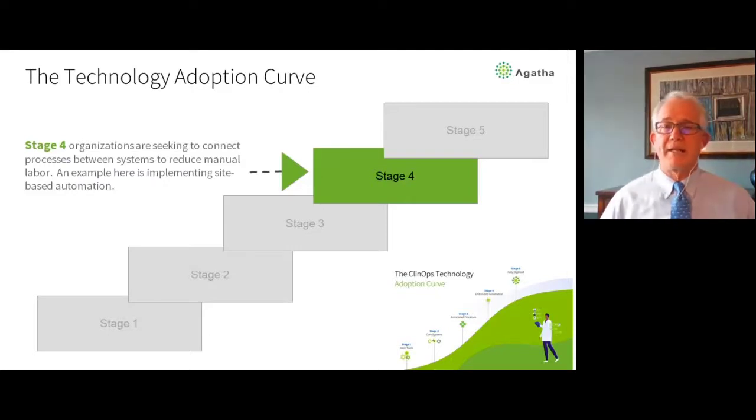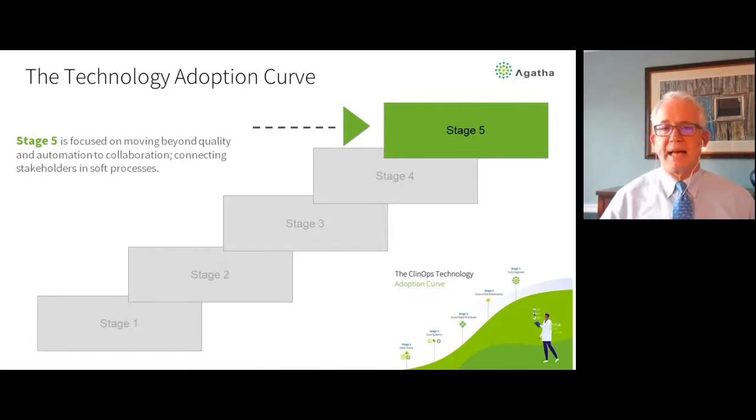And we'll talk more about that. This is an example of when you're connecting sites and sponsors and CROs together, working together with documents as opposed to individually in separate units. And then stage 5 is sort of the halcyon look of where we want to get to, a fully digitized, automated world where all the stakeholders are connected,